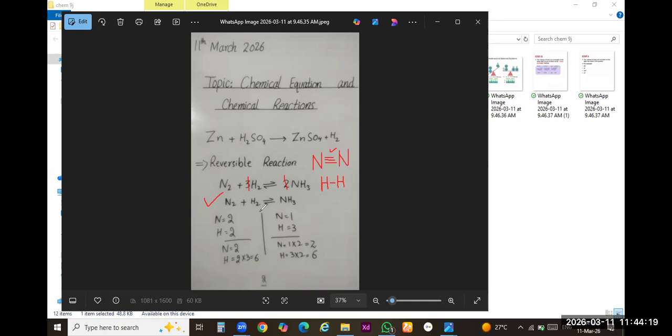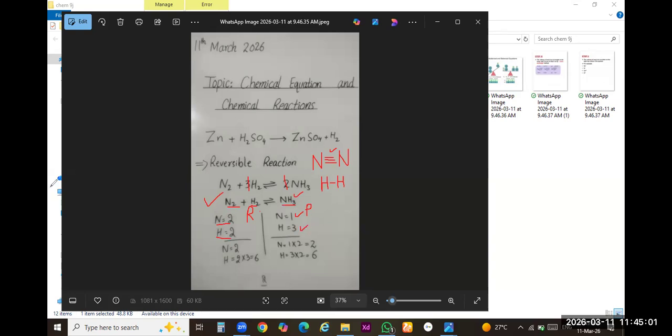Okay. First of all, put a line in the center of reactant and product. Like these are reactants and these are products. Clear? Like in the reactant side, first of all, write down the elements of nitrogen. There are 2 elements of nitrogen. How many elements of hydrogen are there? 2. Okay, write down their elements here. Okay, in the product side, the new compound is ammonia, NH3. Write down their number of elements. The formula indicates that there is only 1 element of nitrogen and 3 elements of hydrogen involved.